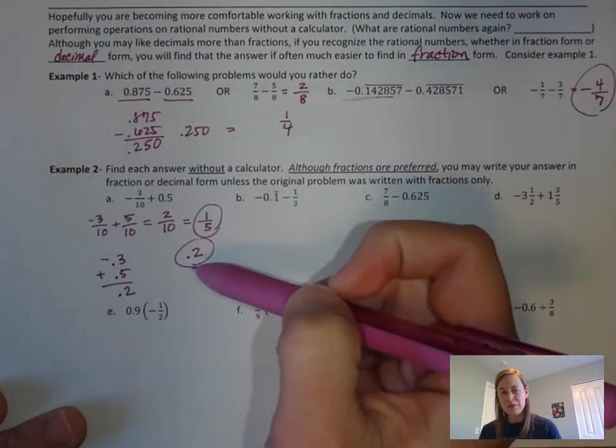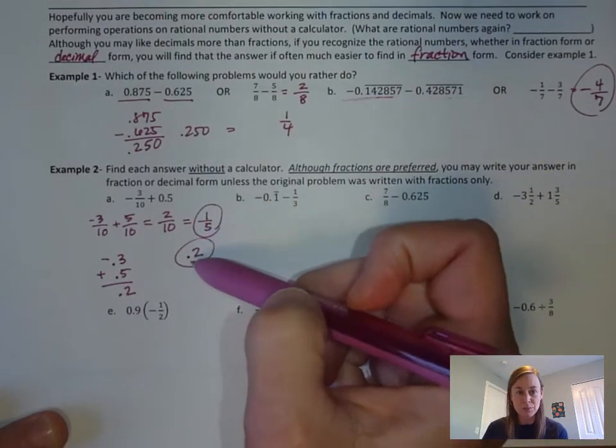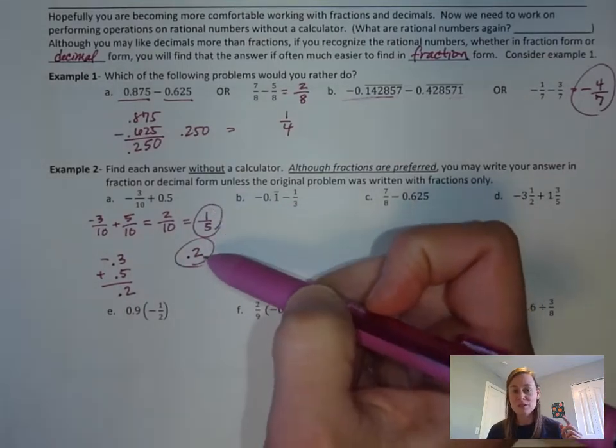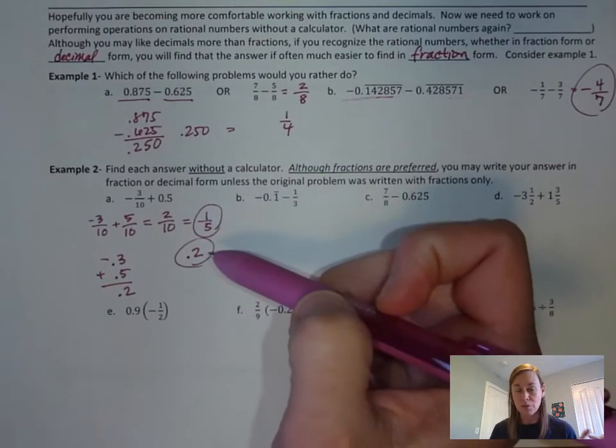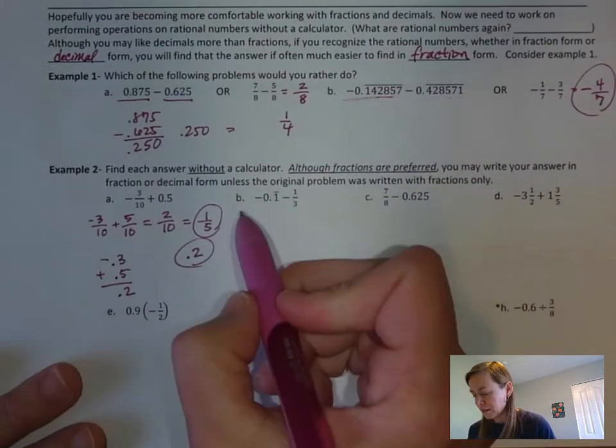And if you think through it or if you check your chart, you'll see that 1/5 is the same thing as 0.2, which is said 2/10. So either one of these answers would be completely fine here. You don't even have to have both, just either one. Let's go on to number 2. All right, so